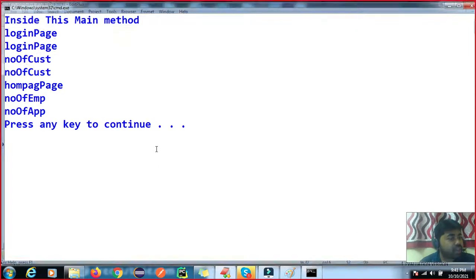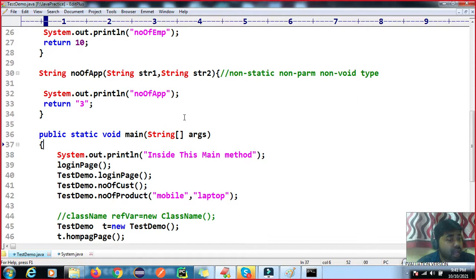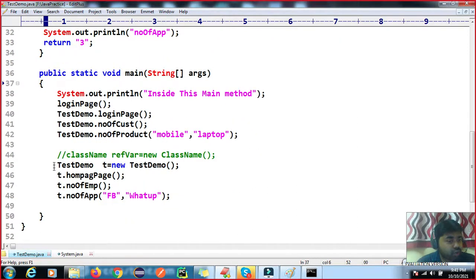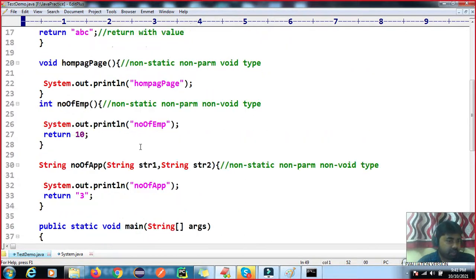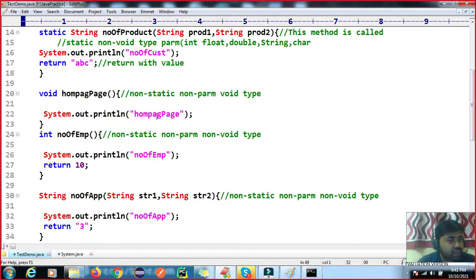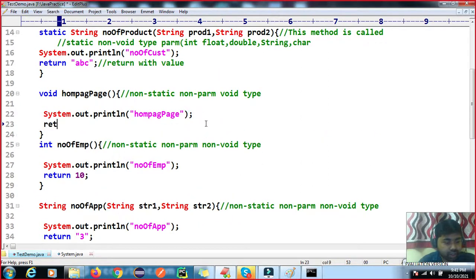Here we are also inside this JVM. When control comes to line number 45, the object will be created, all the non-static members will get memory, and you are holding this object using the reference variable. If you want to access it, we can access it using the reference variable, and we already discussed why we use the non-static concept. Here you can also use a return statement. Okay, it will also work.